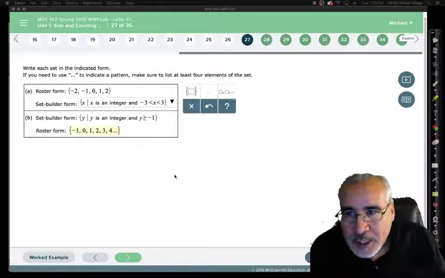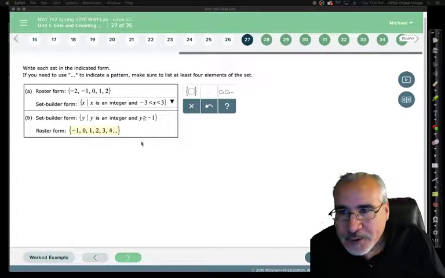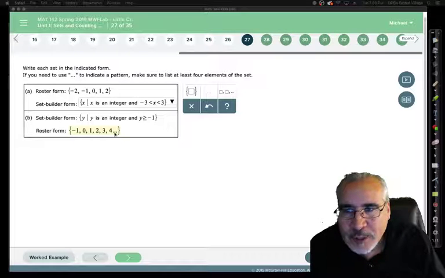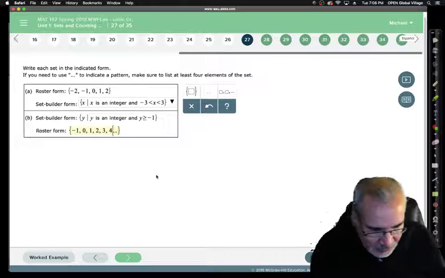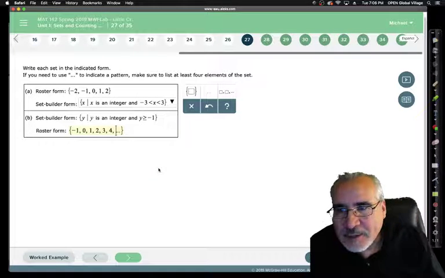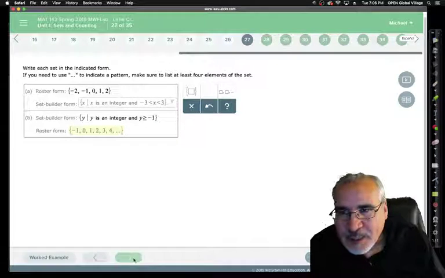I'm going to move on to 28, but what was kind of cool, it gave me an error message here. When you have the dot, dot, dot, you need a comma after the last one. And it gave me that message. Hopefully it'll do that on the test, because it's a shame to miss something for a formatting error. So I got to put that on. Wish I could go back to the other video, but